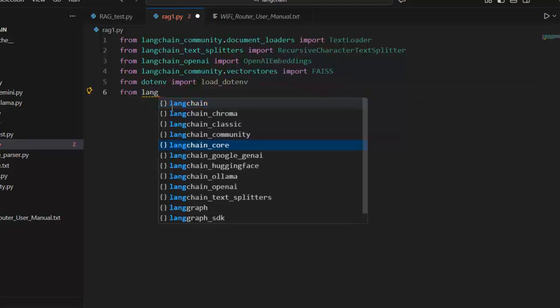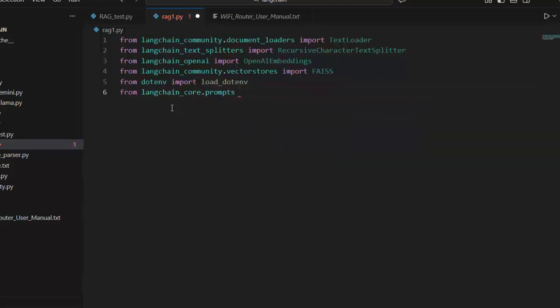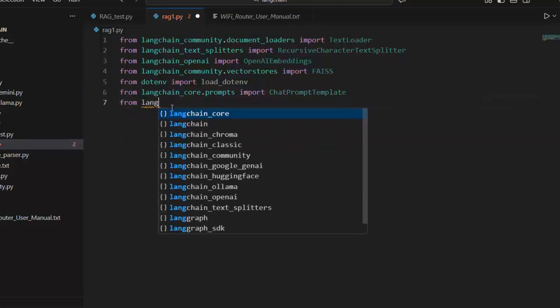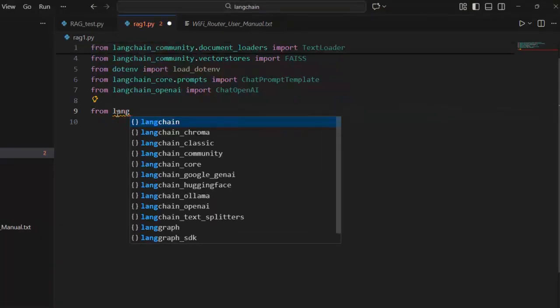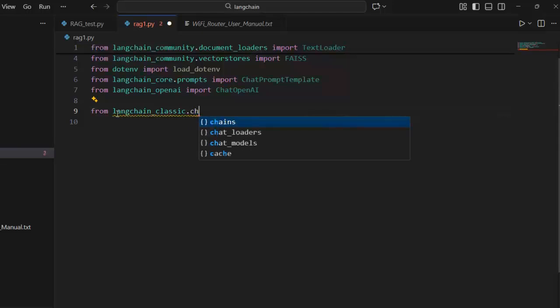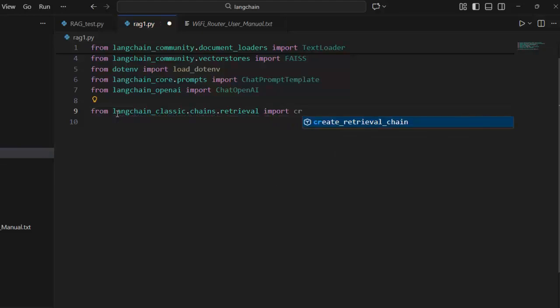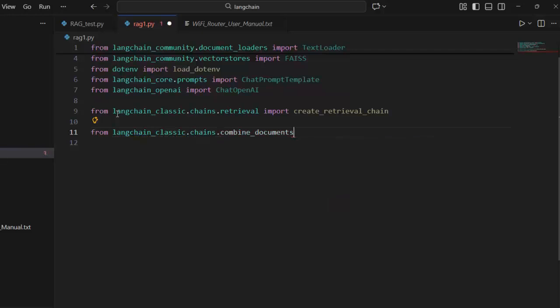From langchain_core.prompts, we are going to use the ChatPromptTemplate class. From langchain_openai, let's import the ChatOpenAI class. So next, from langchain_classic.chains.retrieval, we have to import create_retrieval_chain. Also from langchain_classic.chains.combine_documents, we have to import create_stuff_documents_